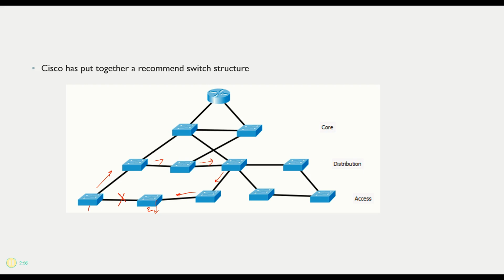So let's say that I'm trying to get from here, 3, to something over here, 4. All right, here's the problem. This switch doesn't know where 4 is yet because it hasn't discovered it. So it's going to send data over here asking, and it's going to send data up here asking. It's going to send it out every port on that switch.